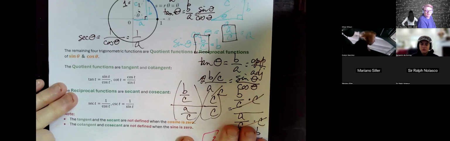Let's see, we've got one more. We've got cosecant. Cosecant is the reciprocal of,